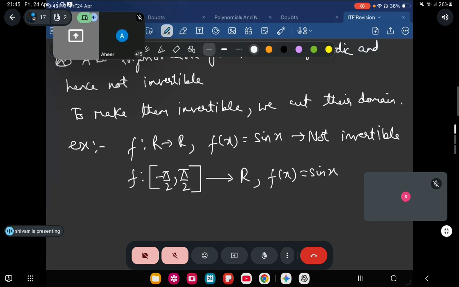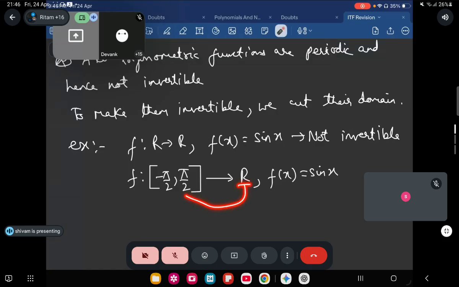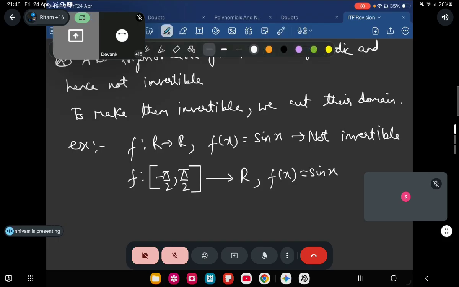So Adrija, can you tell me why it is not invertible? Sir, this function is one-one into. Absolutely correct. Those who said it is invertible, Shubhangi, Devang, are you getting it? It is not surjective. It has to be surjective also, right? Because when you are defining the function from R to minus pi by 2 to pi by 2, all the elements in this set will not have its image. So this is again non-invertible.